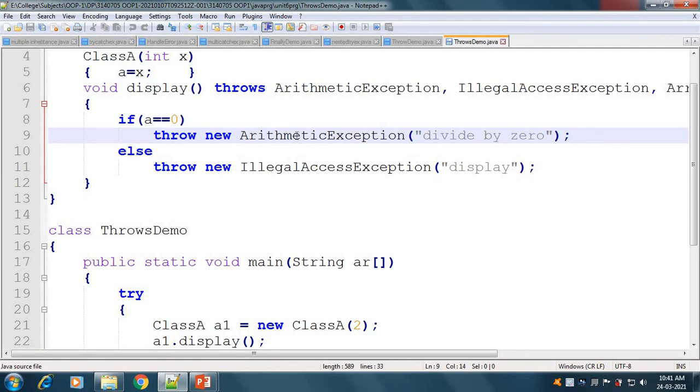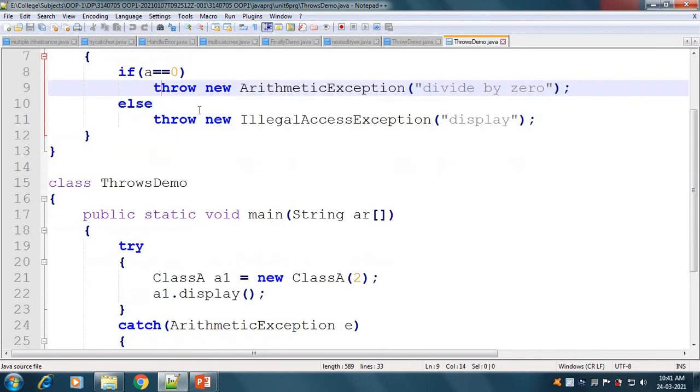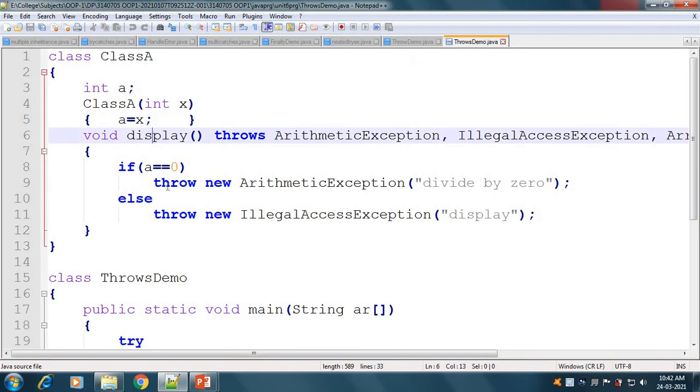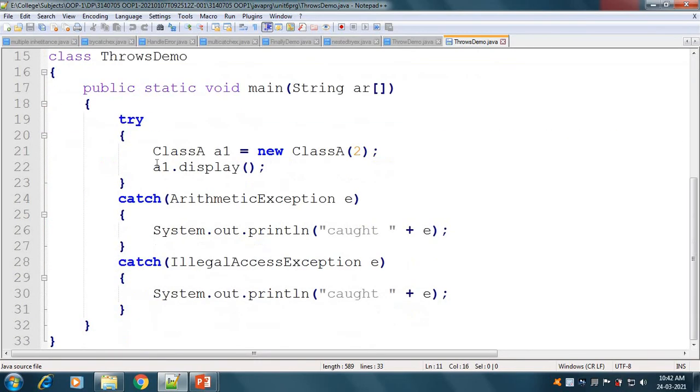So here we have throw new arithmetic exception if a is equal to 0. If a is not equal to 0, then we will throw an illegal access exception, and all these exceptions are handled here in this catch block. Meaning first of all we will call a.display method, and if the display method throws any exception, then it is inside this try block.